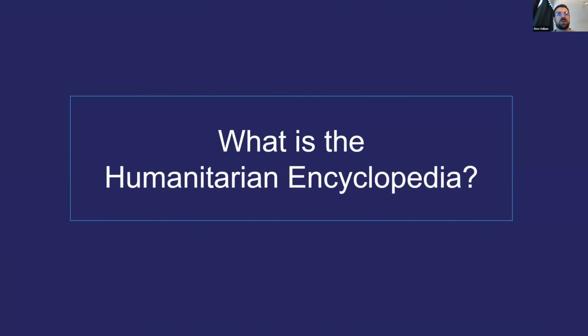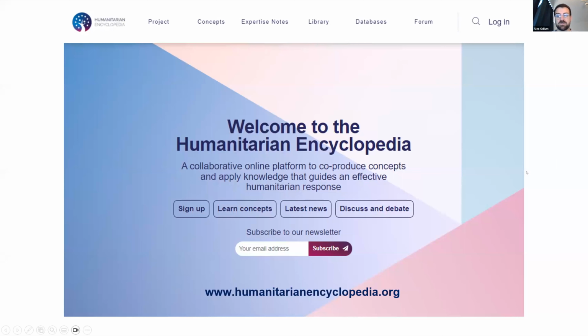So what is the encyclopedia? When you come to the Humanitarian Encyclopedia website, this is essentially what you find. It's an online, collaborative platform to co-produce concepts and develop and apply knowledge that guides an effective humanitarian response. So the general idea is that we have a section of the website where there's a big list